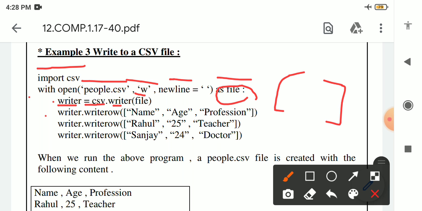This bracket is there, quotation marks are there, then each element is separated by a comma. So we write writer.writerow name, age, profession. In the next line we write writer.writerow Rahul, 25, teacher. Next we write writer.writerow Sanjay, 24, doctor. Like this we will write each and every row which we want to insert inside the file.